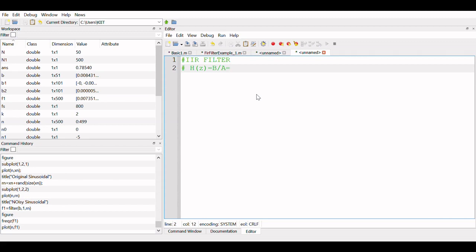Something will come like B0 plus B1 Z to the power minus 1, divided by A0 plus A1 Z to the power minus 1 plus A2 Z to the power minus 2, in this form, right? That is our H of Z for an IIR filter.